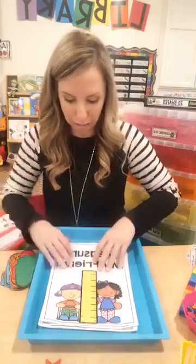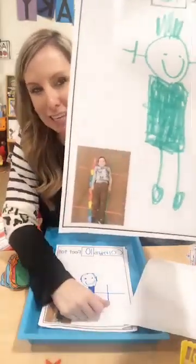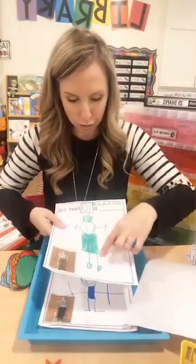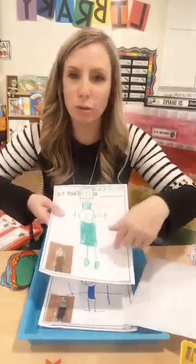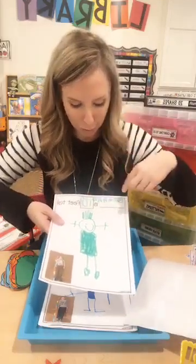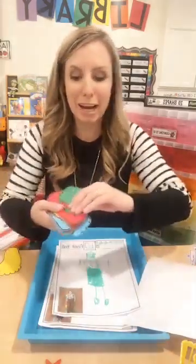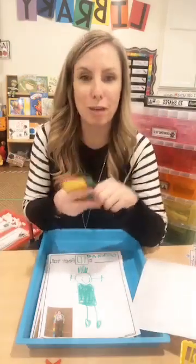So what you do is you line it up on the ground, and I'll show you one for example. This little guy is 10 feet big. So he drew himself, and then I put the picture at the bottom. You could also just have them draw the feet, or you could draw it in. So Beckham is 10 feet tall. And again, just put these feet out. These are also great to put out in the center after you do this activity,